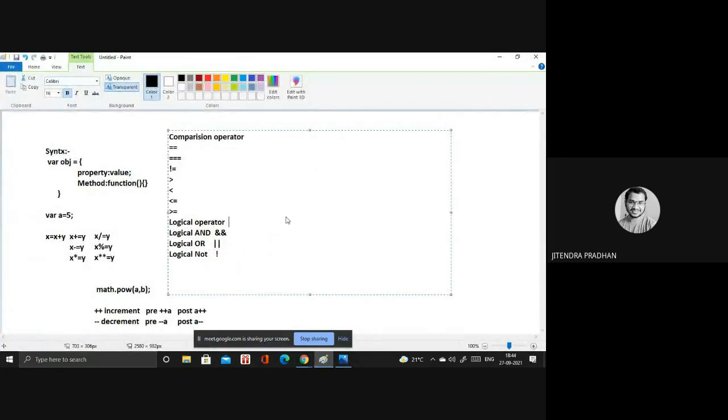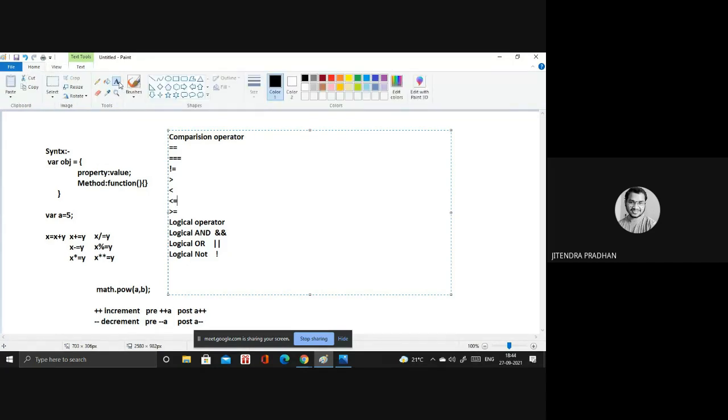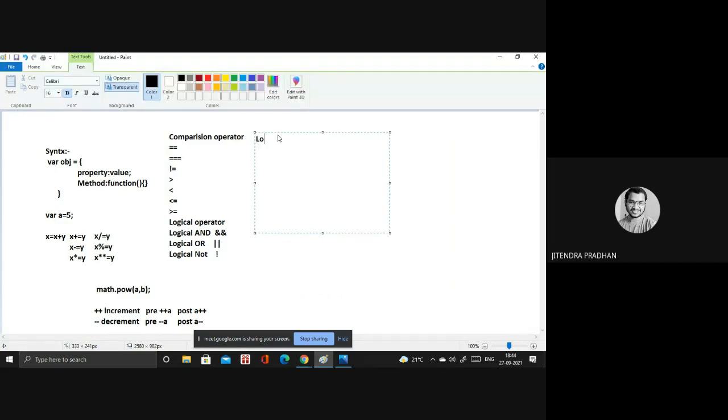So first thing is logical and. Okay, in the logical and, first is expression one, and we have expression two. If the first expression is true and the second one is true.